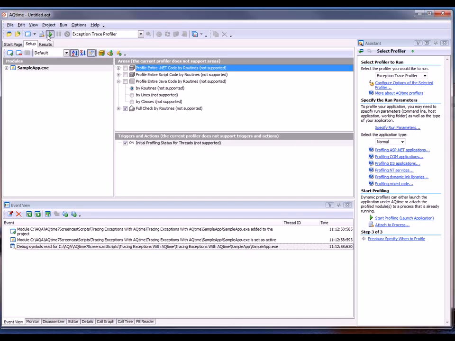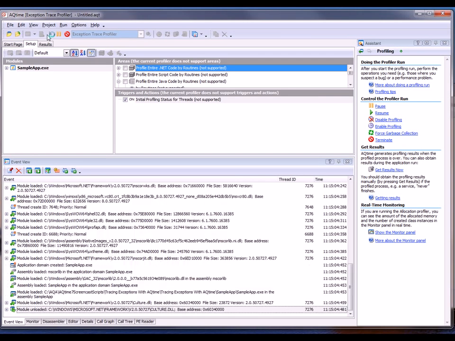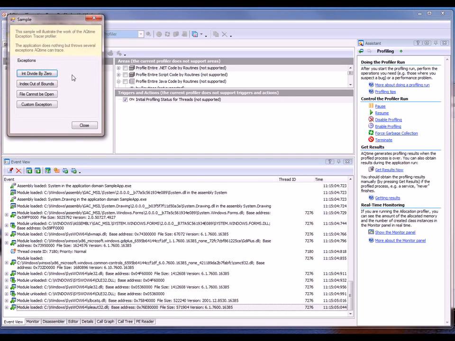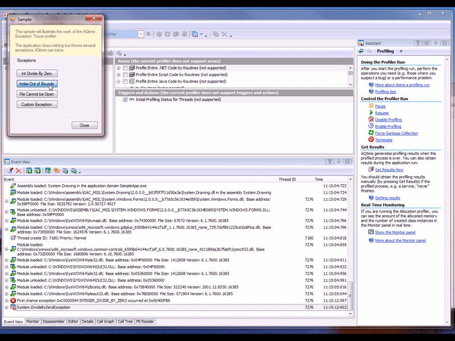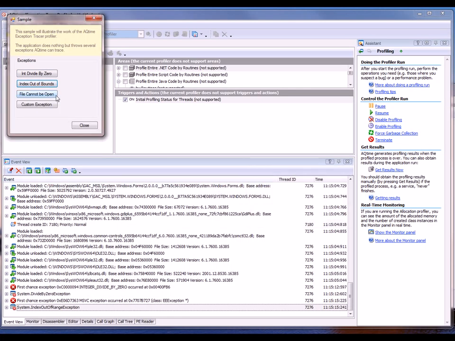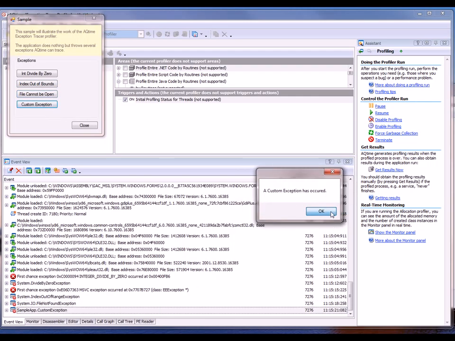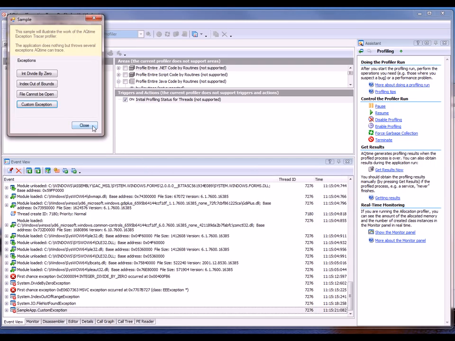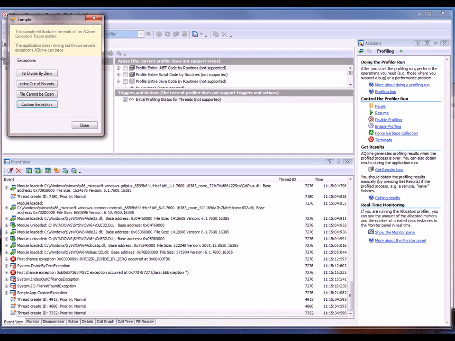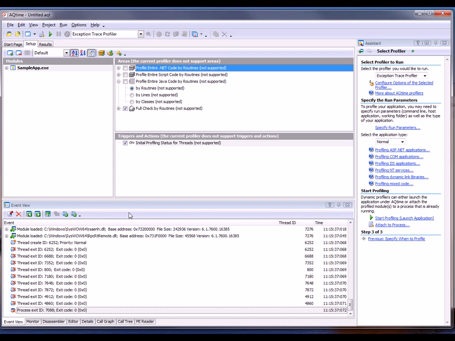So I'm going to click the Run button right here. AQtime invokes my sample application, and this application is just going to throw a bunch of error messages as we click buttons here. So I'm going to go ahead and try to divide by 0. We will call an array element that's out of bounds. We'll try a file can't be open error message, and then we'll have a custom error right here as well. Then I'm going to click OK. And you've noticed that as I'm clicking on each one of these errors, information is being written down here inside of the event panel. So I'm going to close my application to stop the profiling run,